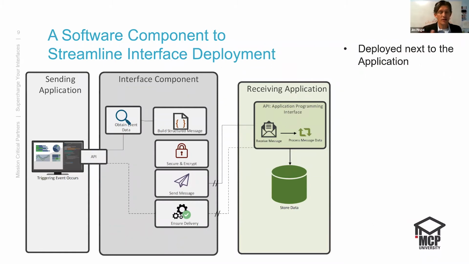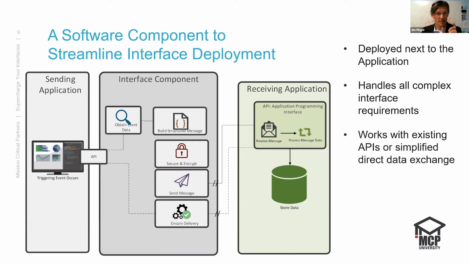no internet connection, no connection across the network, no reason for encountering all those security and encryption issues. This is a secure connection between these two systems. Really what we do is break down the interface complexity into two sides, if you will. One is the problem of the data exchange with your source, with your system, with the application. This part of the component can take advantage of those APIs, or it can establish a much simplified manner of exchanging the data that needs to be exchanged outside of what those structured messaging requirements are in that next box